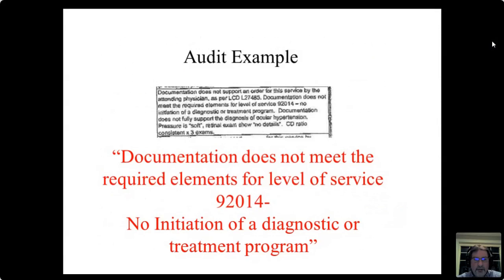So, let's just say cataracts. Patient has cataracts. You're not doing anything, monitor in 1 year. You're going to have a hard time holding that up as a diagnostic or treatment plan under audit. If you were going to try to,